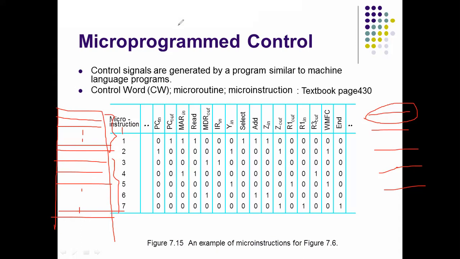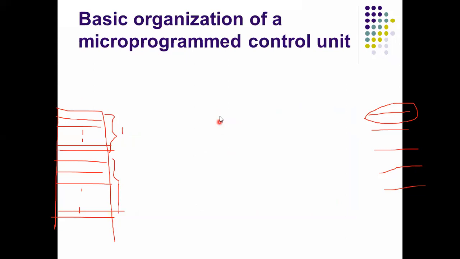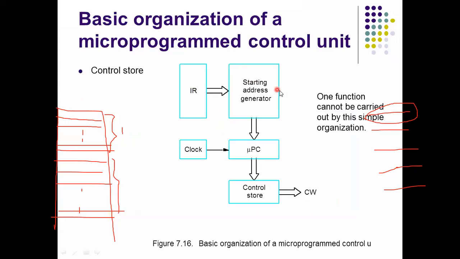See the block diagram here. Here we are using a control store. What is the purpose of this control store? All control words are stored in the control store. Okay, see here, from the start, the instruction register is there. So here all the instructions are placed one by one. Whenever we take one instruction, it will be placed here. Suppose seven micro instructions are there, for example.